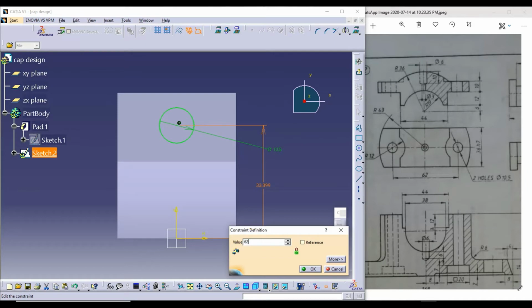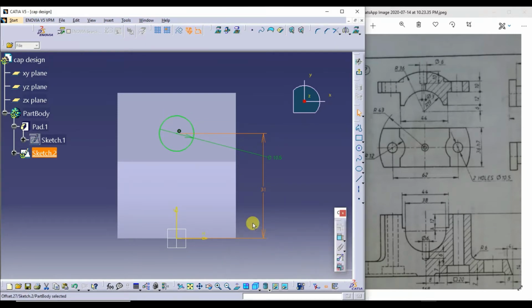Half of 62. And this will be 18. Otherwise you can check that also. This is 18 itself.